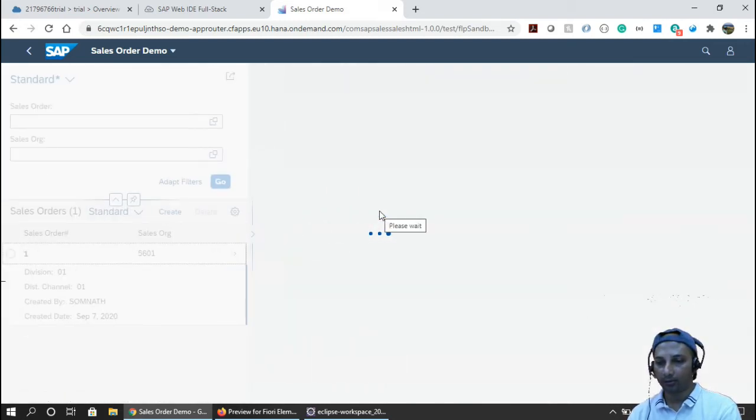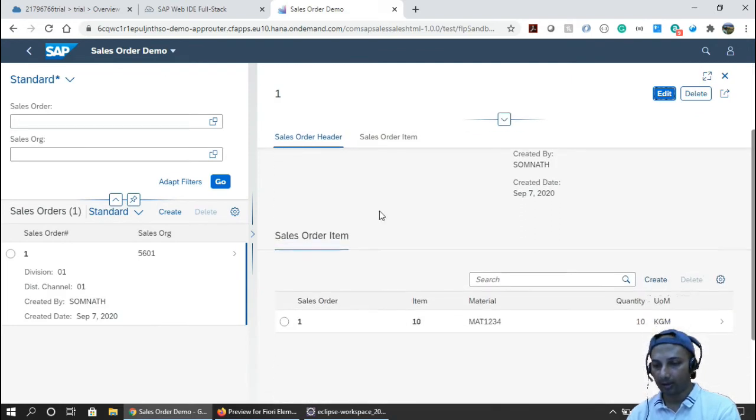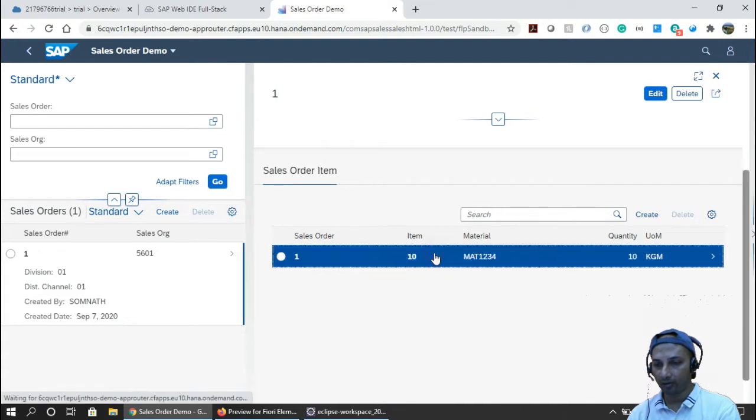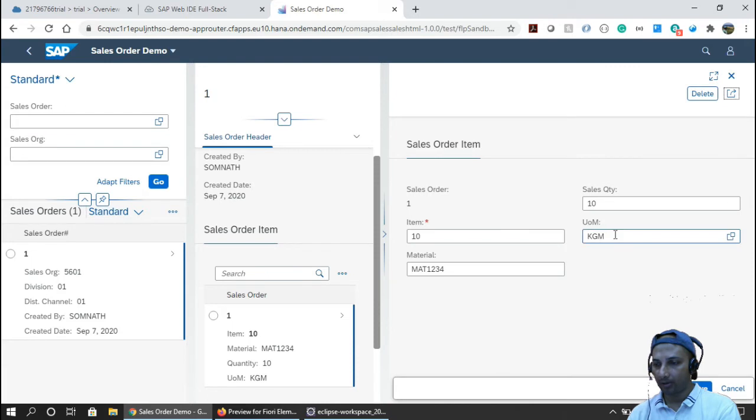Let's go inside. Because of the flexible column layout, it appears a little different. If you drill down further, you see another layer. This is your header, this is your first item, and this is your item detail page. Cool, right?